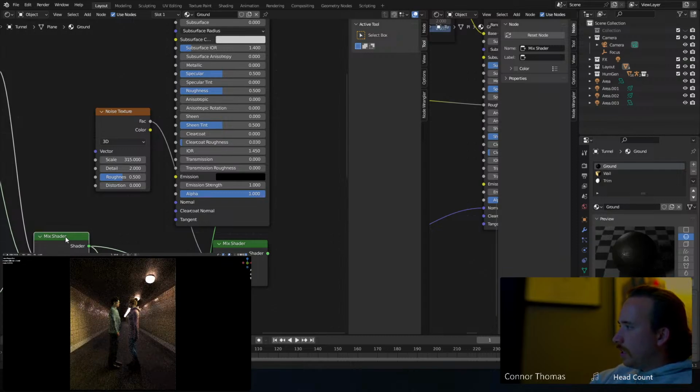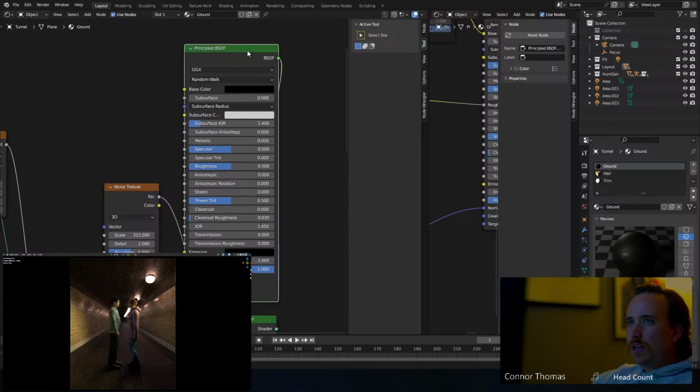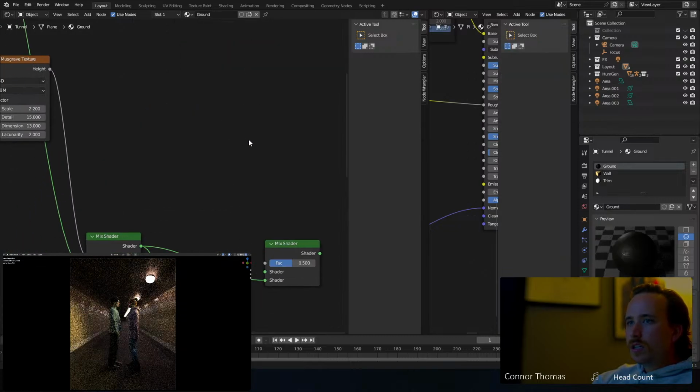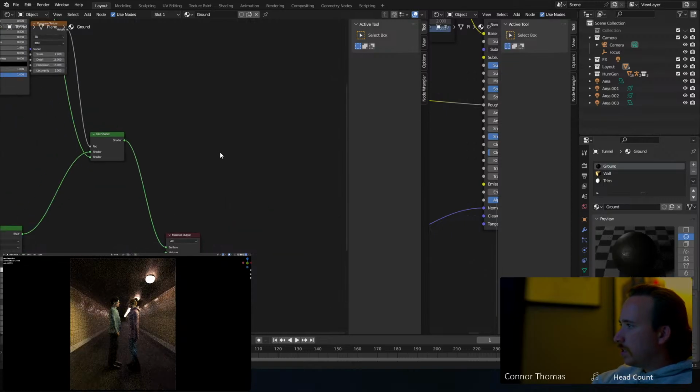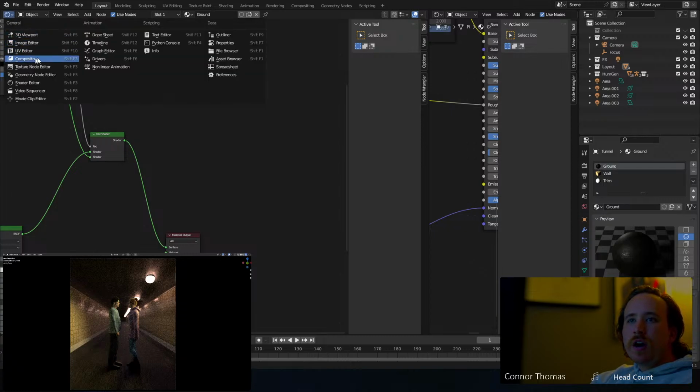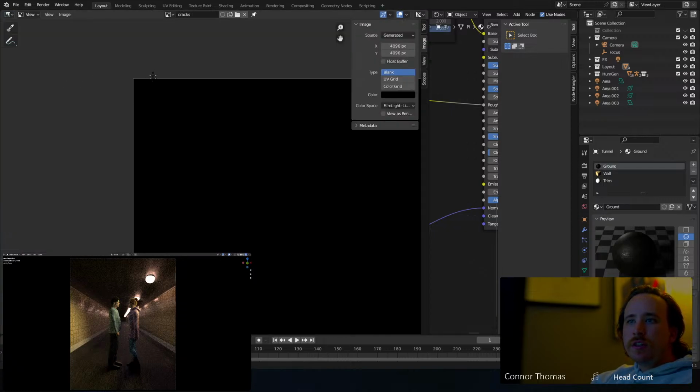I don't know. I don't think I'm... Yeah, I think I'm fine without that being in there. Get rid of all of that. And then we can adjust a lot of this stuff in comp. I think one more thing I might want to do, if we open this back up to our image editor,